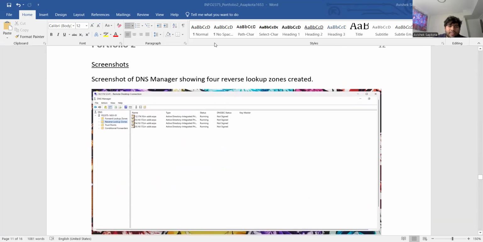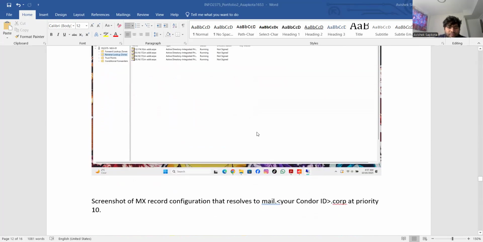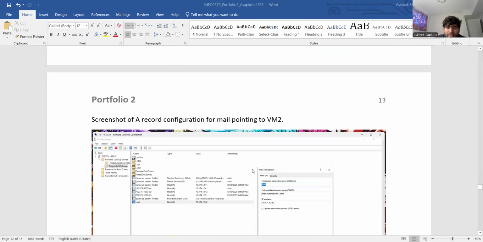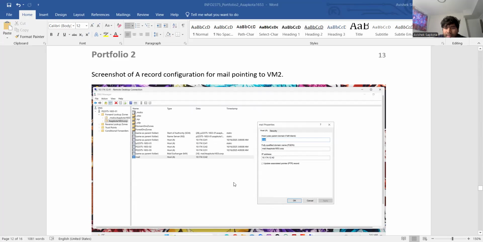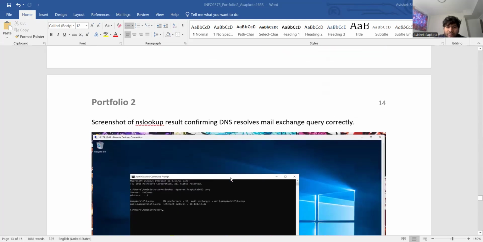So this is the screenshot after I created all the four reverse lookup zones, and this is the screenshot of the MX mail exchange record created with the priority 10. This is a record that resolves mail.condorid.corp to the VM2 IP address. After that, you can see here the screenshot of a web service pointing to VM2,